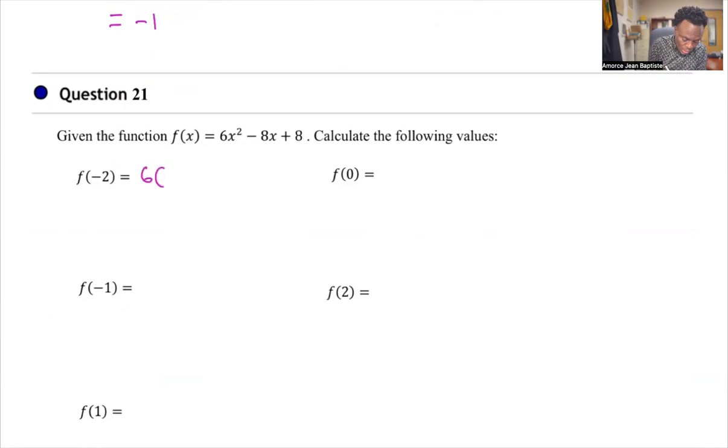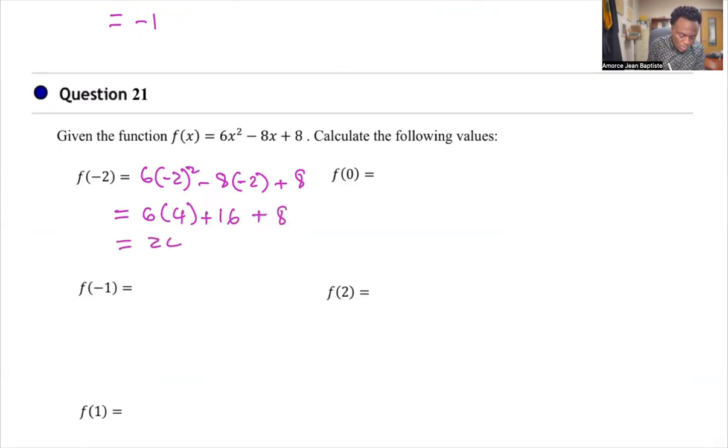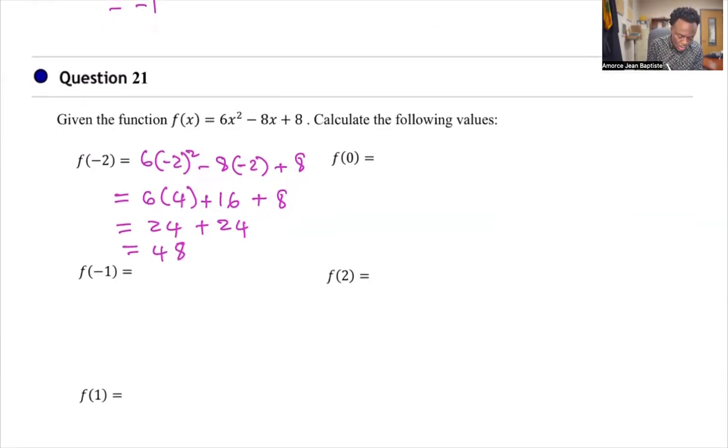So 6 times negative 2 squared minus 8 times negative 2 plus 8 equals 6 times 4, minus a negative, plus 16, plus 8. That equals 24 plus 16, plus 8, 24 plus 24. So that's 48. F of negative 1 is 6 times